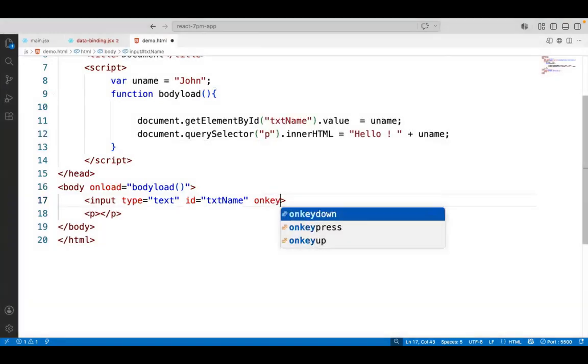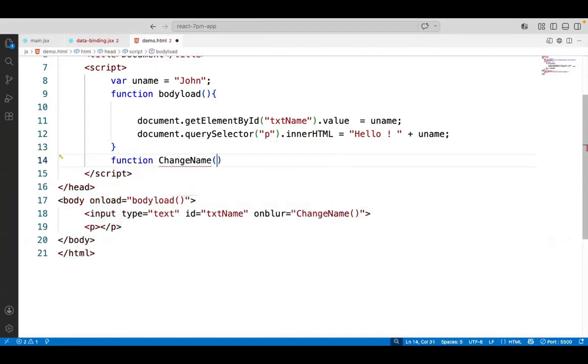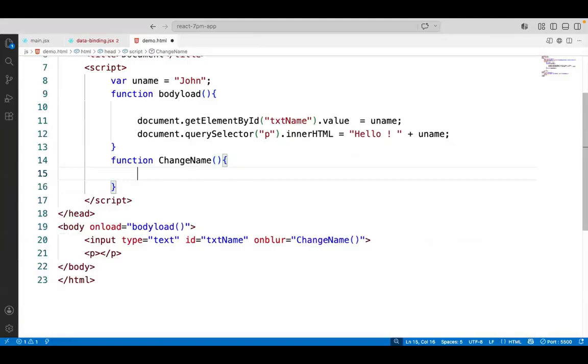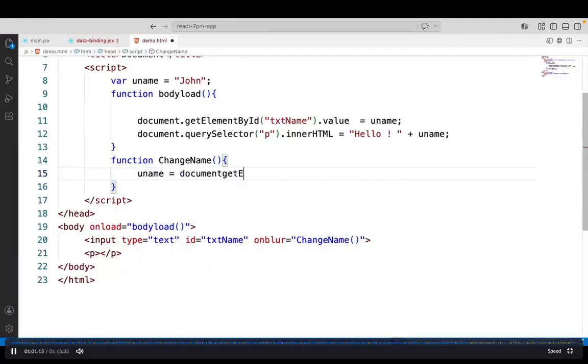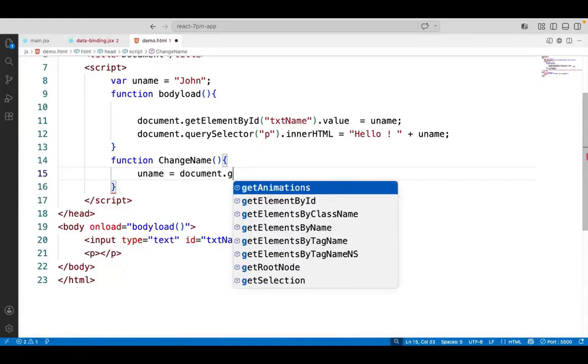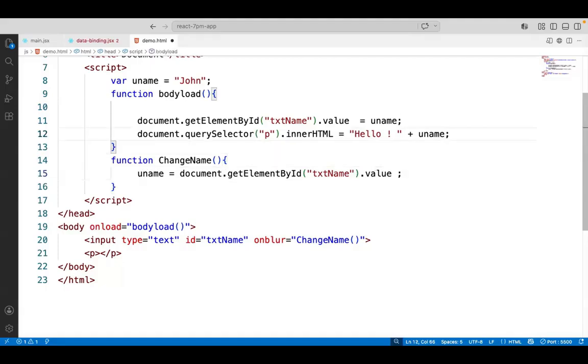On key up, or I say on blur. On blur, I will say change name. Okay. We will write a script here. Function change name. On change name, what we do? So uname is document get element by ID. Get element by ID. What is it? txtName dot value. We will collect the new value and we will display that new value into